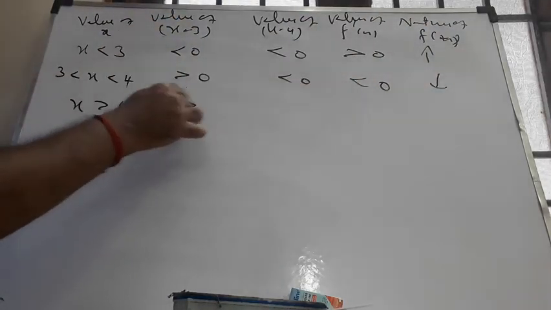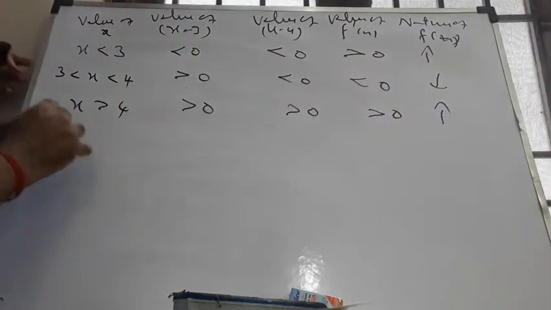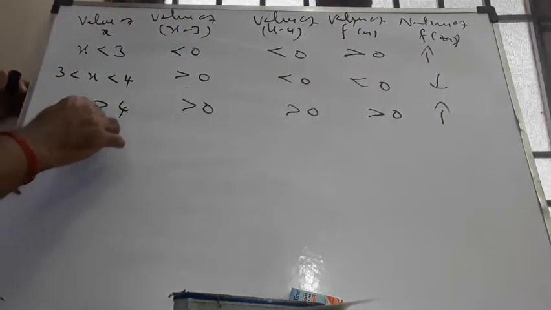Then x greater than 4. Let me think about 5. This is positive. 5 minus 4 is positive. Plus into plus is positive. It is increasing. Therefore, from the above table,